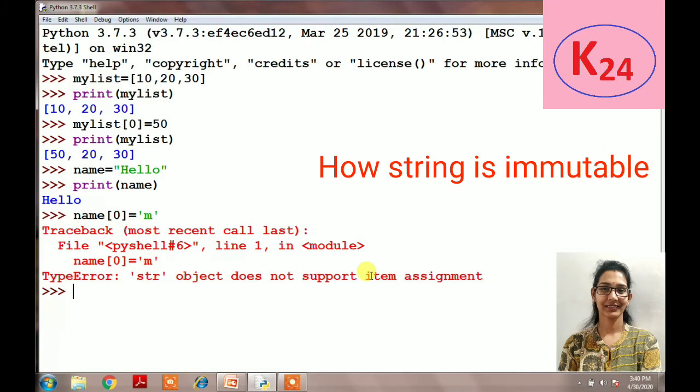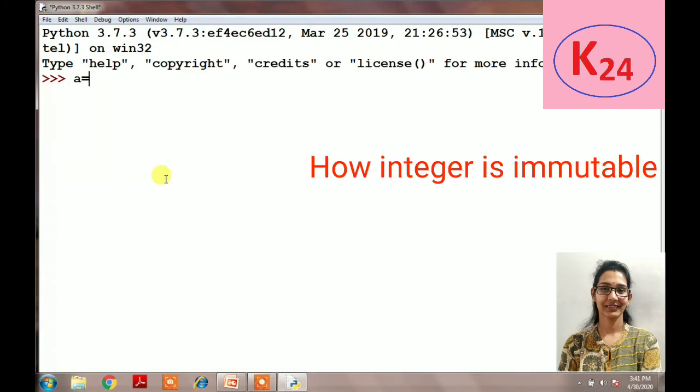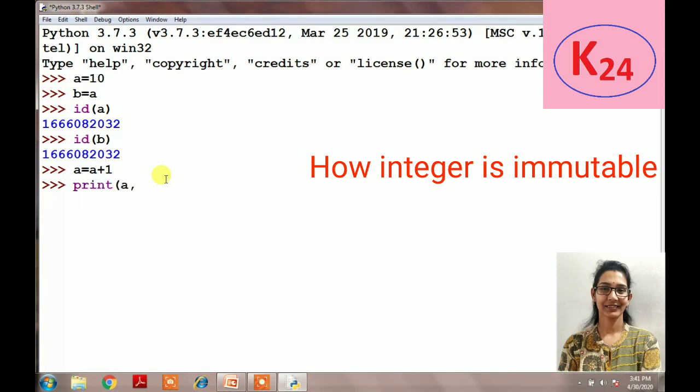Now next is how integer and float are immutable. Suppose a equal to 10 and then the value of a is assigned to b, and then we find the address of the a and b variables, then we get the same address because the values of a and b are the same. Now we will change a's value by a plus 1, then we will print the values of a and b, then it will produce the result as 11 and 10.